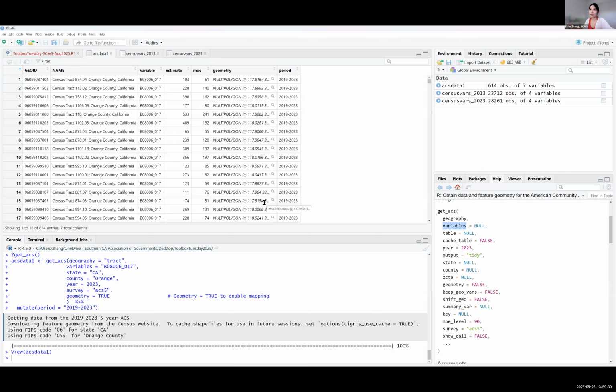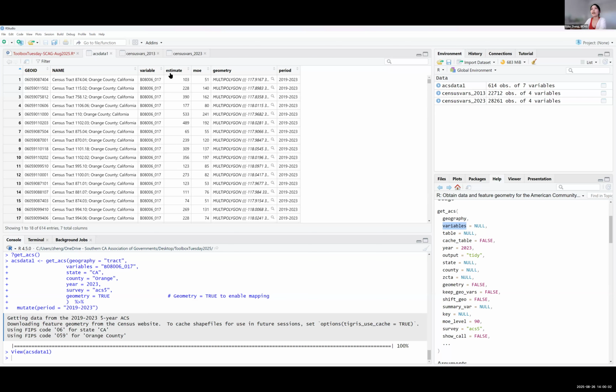And in fact, you can directly export this as a shapefile. And the last column is something that you created. It's called period. And we put in 2019 to 2023 as our time period, just as a reminder.